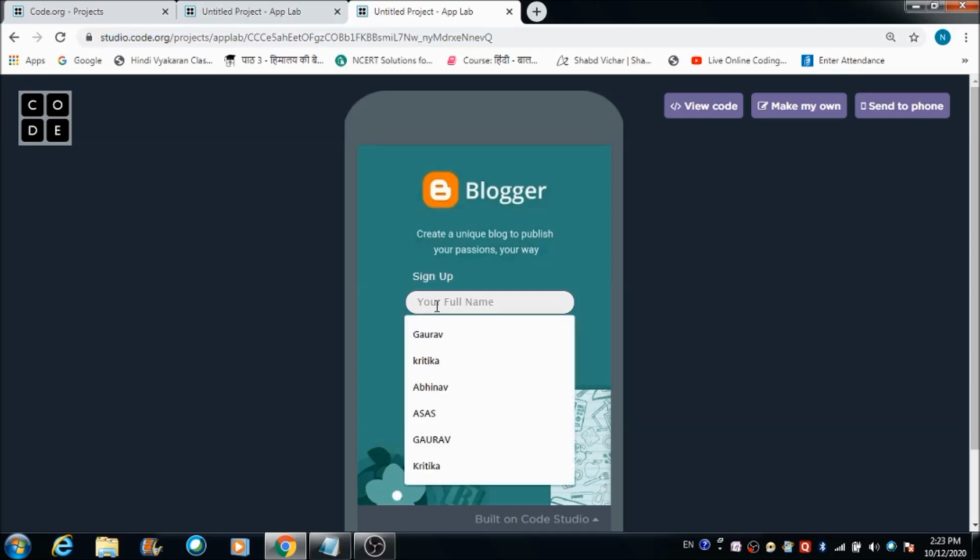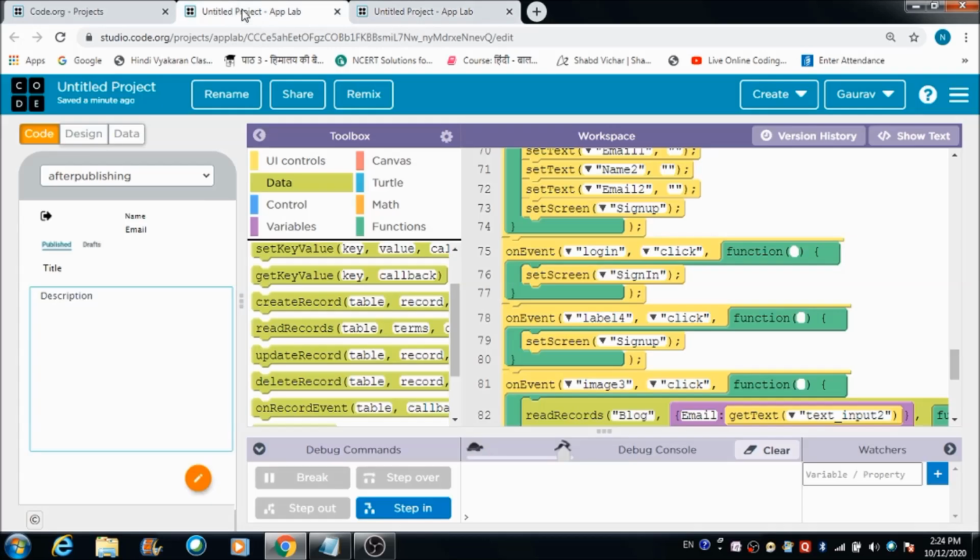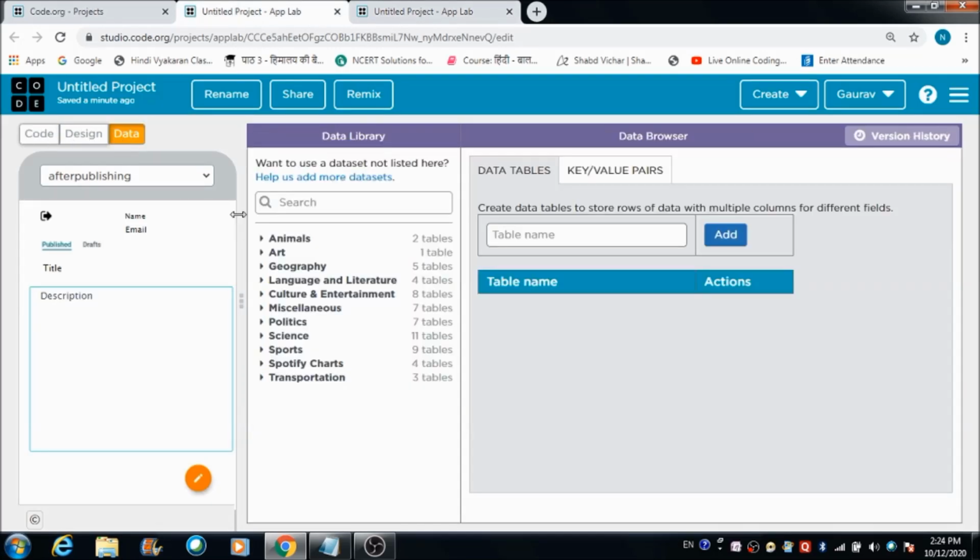Let's sign up first. I am signing up with this name Vishwa, and vishwa@gmail.com is the ID that I'm using. Let's see whether a table has been created in this data browser. Yes, a table has got created with name users.